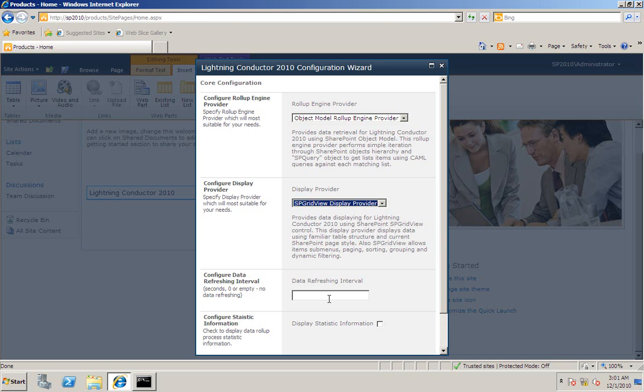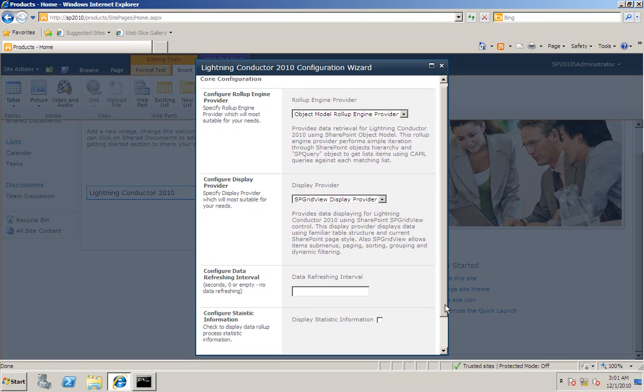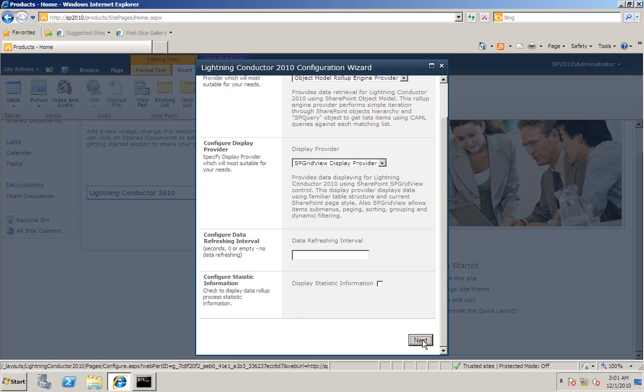Another option is to change the refreshing interval, and finally we can also show statistic data if you want to see how quick the web part is at aggregating the content. When we choose next,